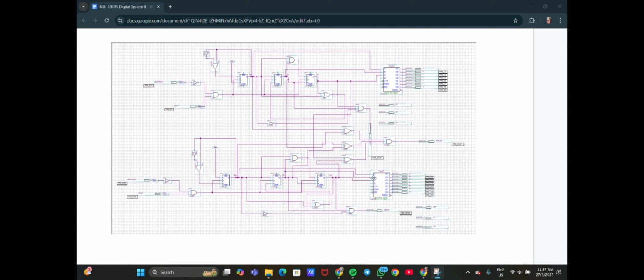For the schematic diagram, the circuit presented is a 3-bit synchronous counter using JK flip-flops, designed to function as a Mod-6 counter for a dice rolling simulation. The circuit consists of two identical counters, one for each player, ensuring independent dice rolls. Each counter cycles through 6 states, 1 to 6, before resetting, mimicking the behavior of a